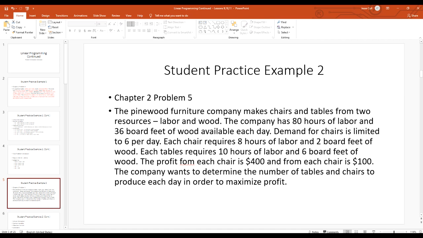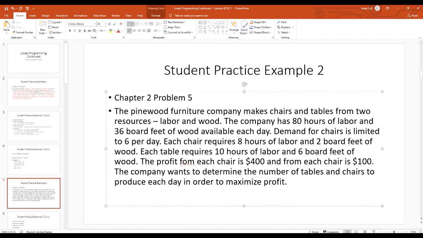Each table requires 10 hours of labor and 6 board feet of wood. The profit from each chair is $400. Each table, and this was a problem in the homework, and from each chair is $100. The company wants to determine the number of tables and chairs to produce each day in order